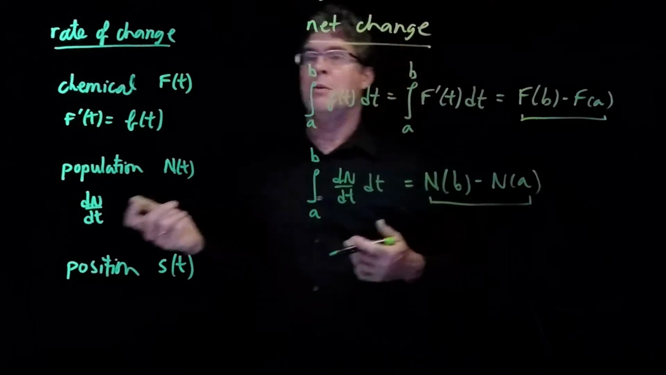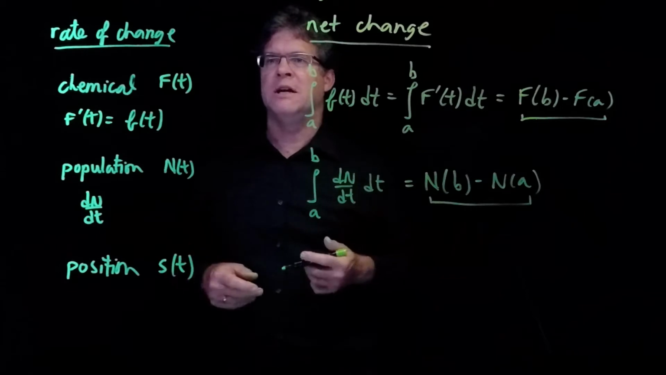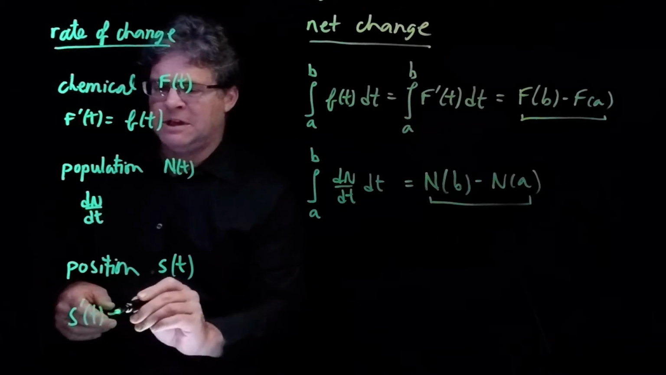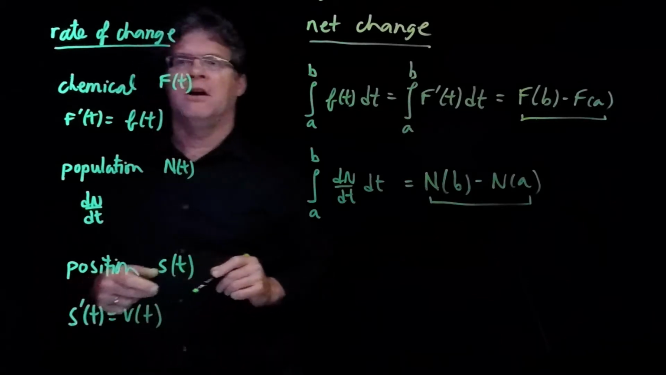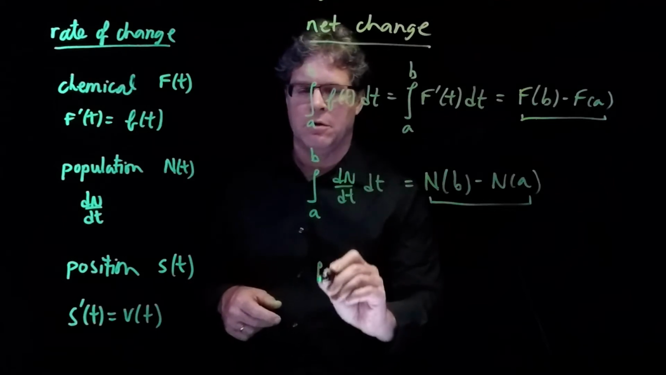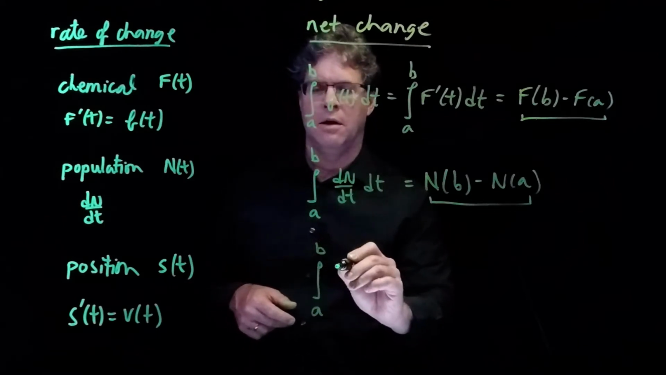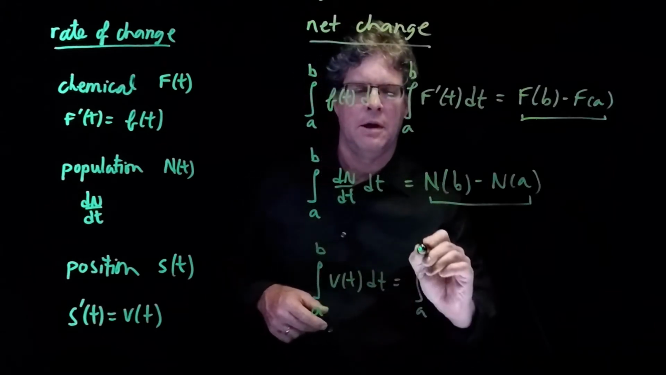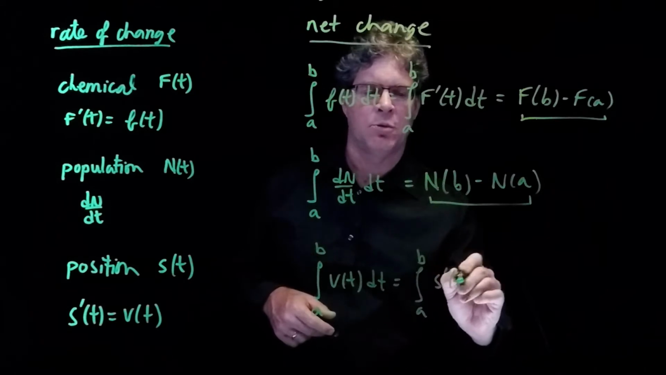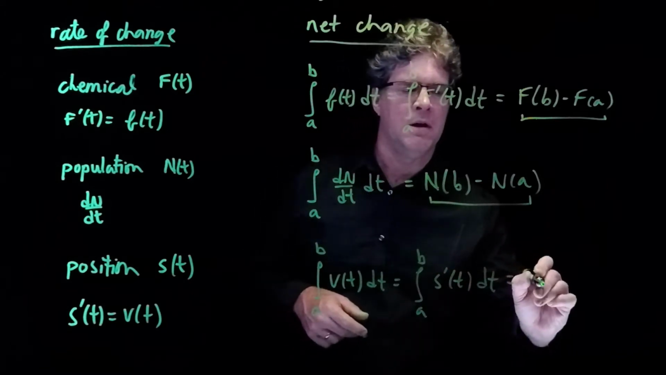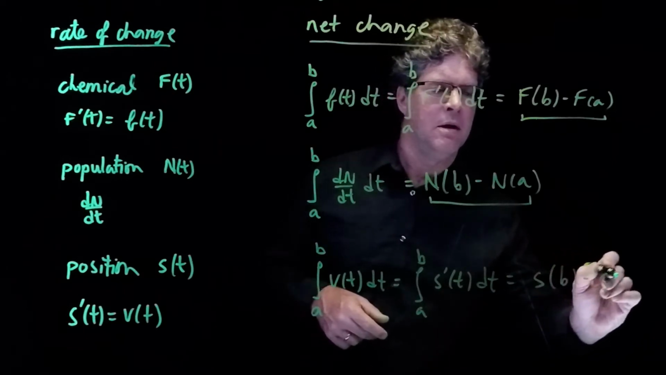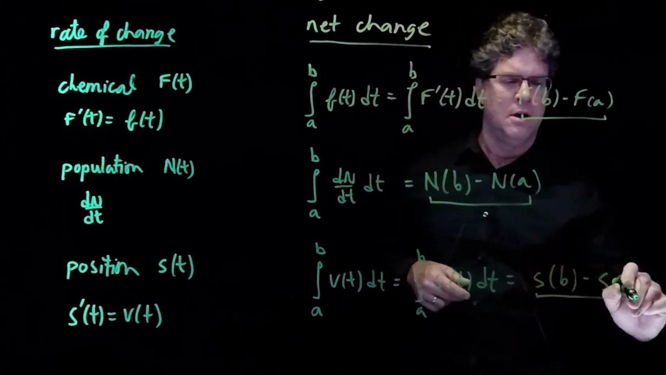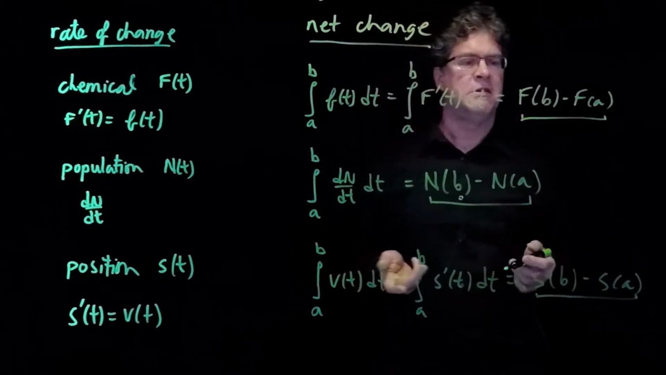If we're a physicist, we might be interested in the rate of change of position of an object. And so that would be s prime of t, which would be the velocity of the object. And so if we take the integral from a to b of v of t dt, this is the integral from a to b of s prime of t dt, and this is going to be s of b minus s of a. And that will be the net change in position of the object between time equals a and time